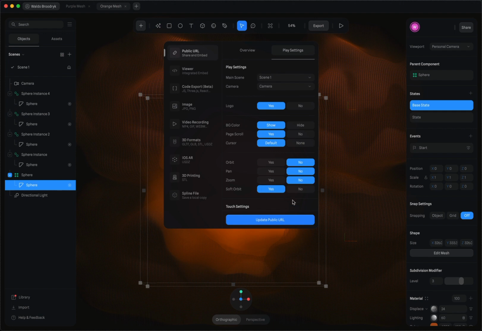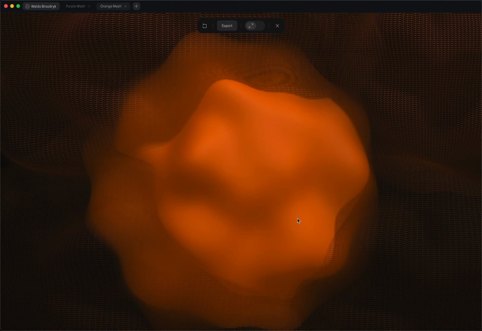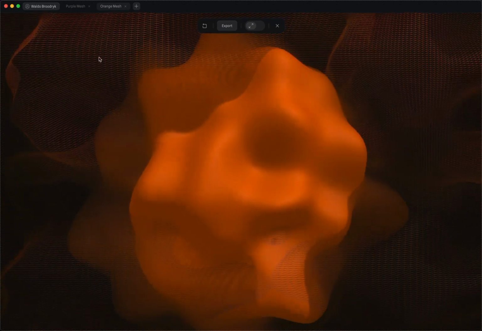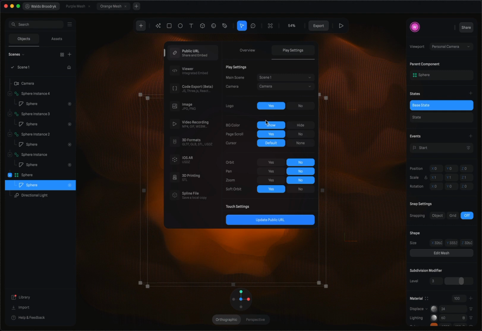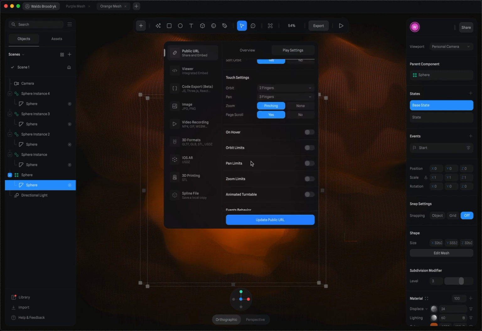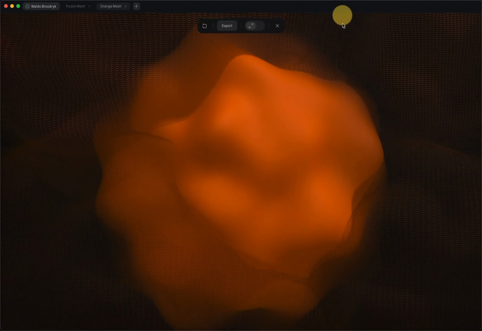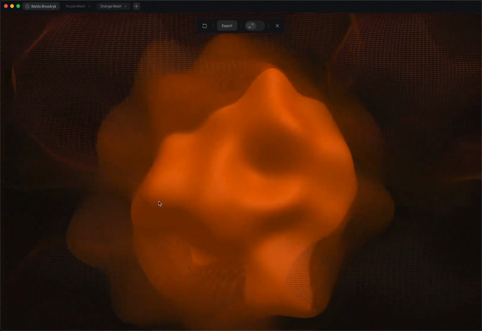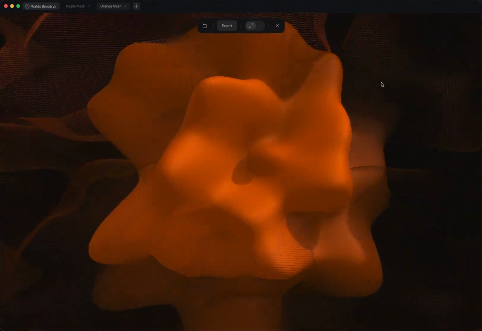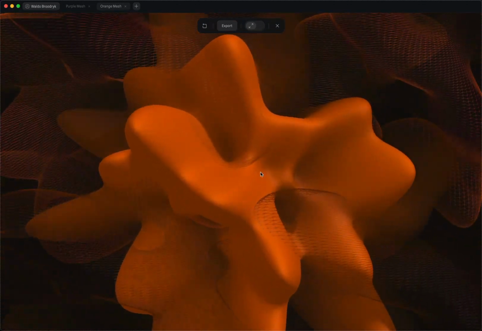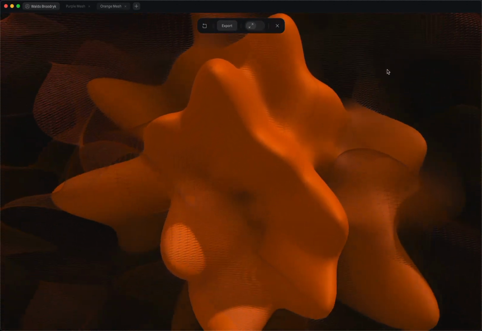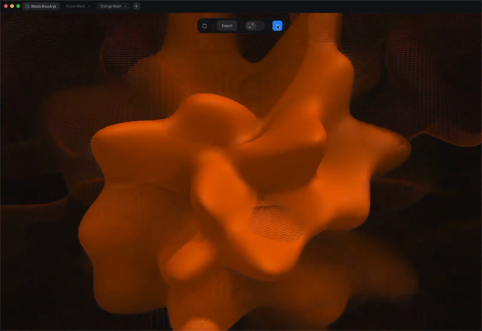You can keep soft orbit on, and that will typically give you more of like an effect of moving around. So if I go to export, play settings, and scroll down here to on hover effects, this will give us an orbit camera type feel. So if we play now, you'll see that the objects will follow the cursor on the screen. Keep in mind this could cause some motion sickness, so be careful and use this feature sparingly, or adjust your